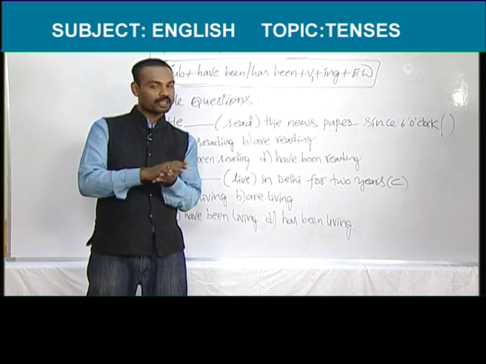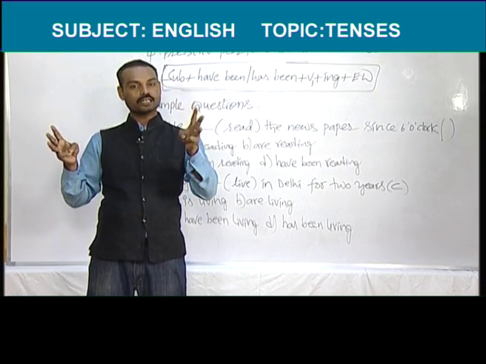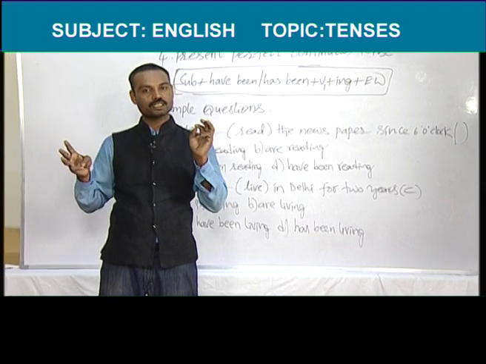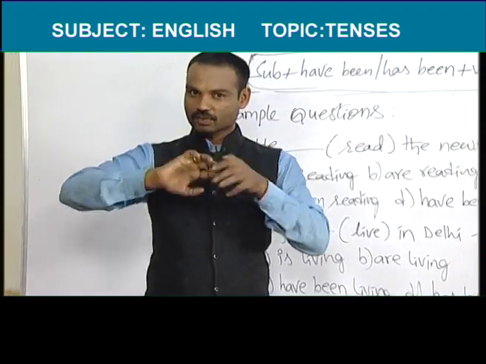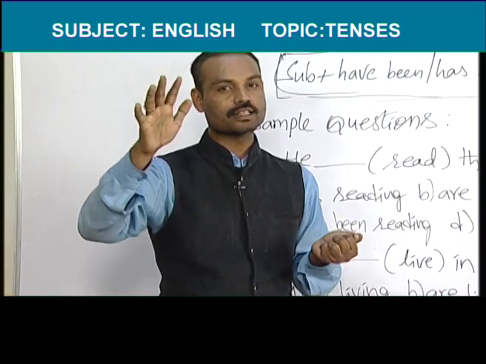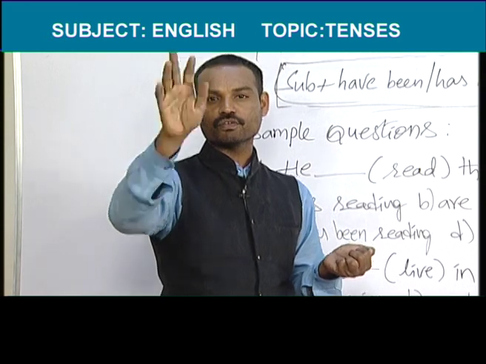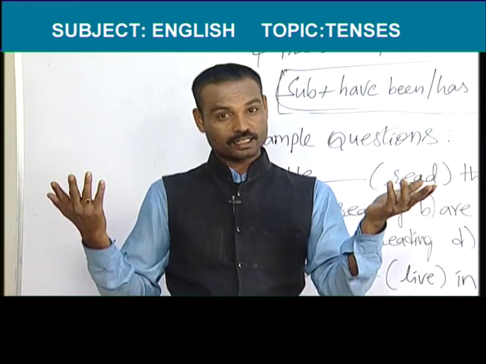How to remember this? I told you that 3 tenses are there, 3 seasons are there. 3 tenses, present tense, past tense, future tense, 3 seasons, summer, winter and rainy season. So like that you can remember the tenses with the link of the seasons. Each tense is divided into 4 forms. Each season contains 4 months. Total 12 tenses are there in English.